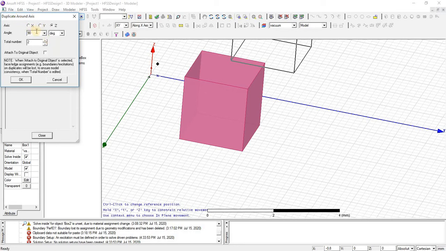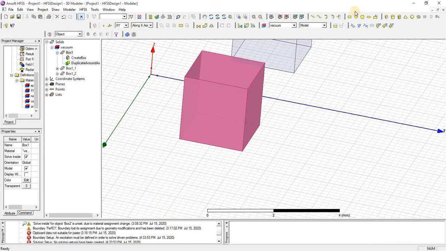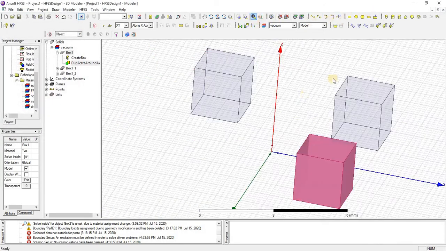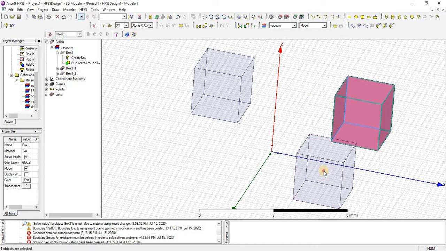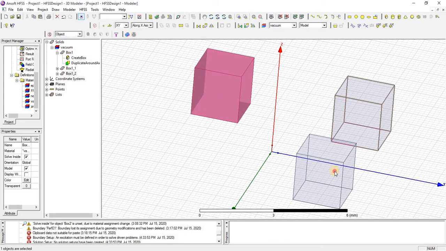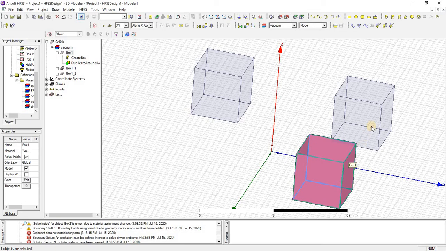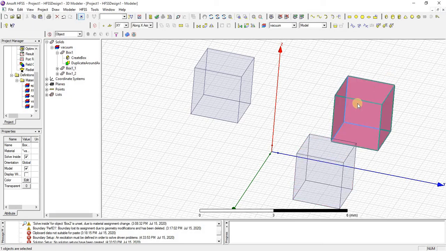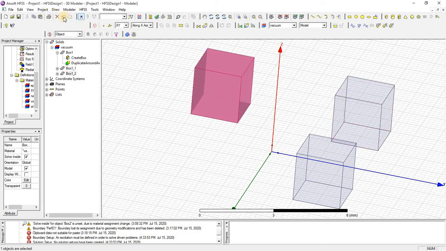Here decide an x-axis, then the angle and number of copies, and press OK. Here you can see the second object is at 90 degrees, and from the second object there will be a 90 degree turn up to the third object.